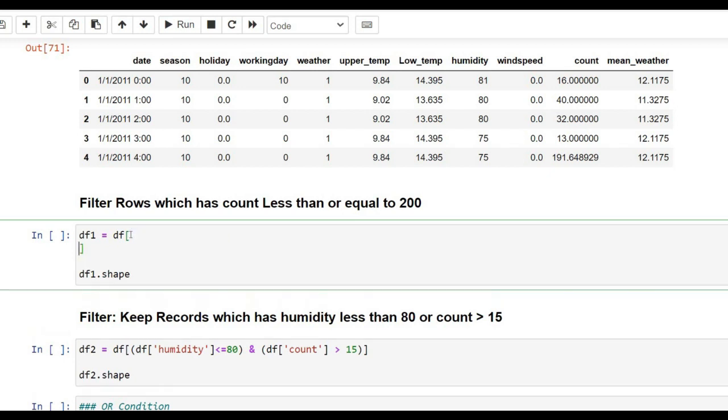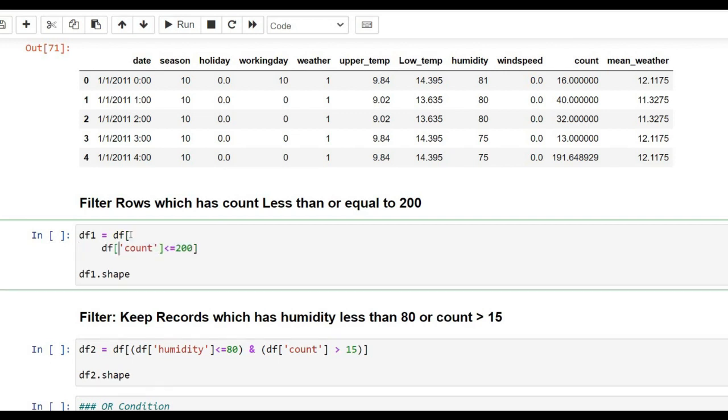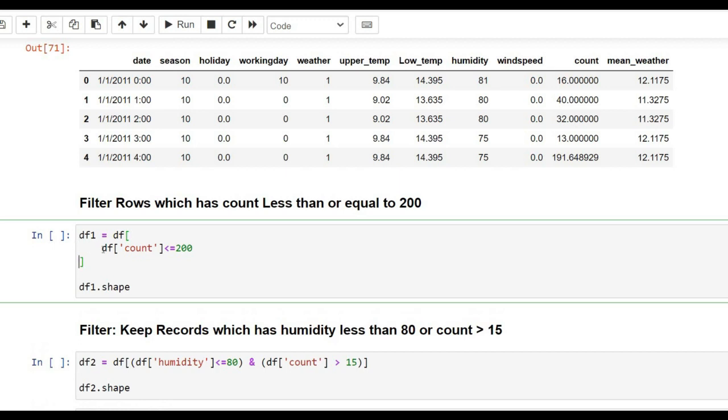let's break it down again. What I'm doing here is telling Python, hey, can you list down all the observations where df count is less than or equal to 200? So it will find out in its memory that, hey, these are, let's say, 20 observations where df count is less than or equal to 200. Now in order to display those 20 observations, we put this expression